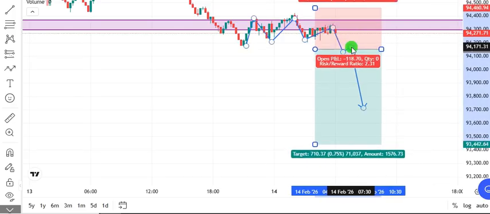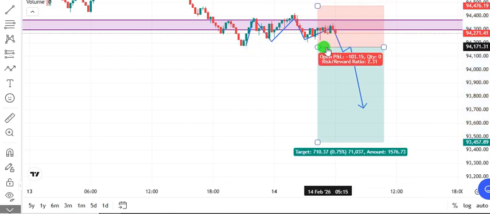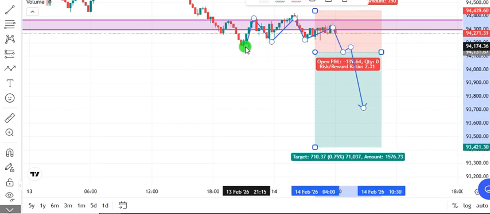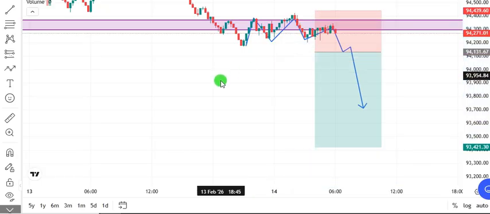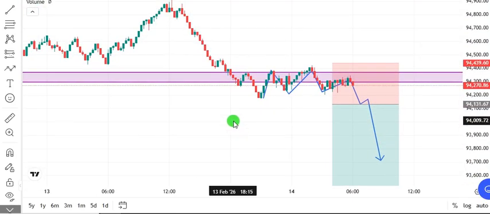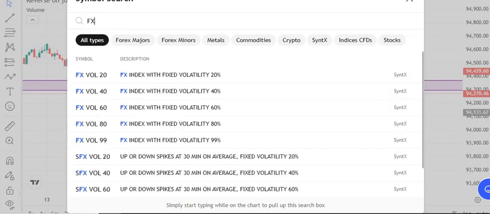Remember, not yet. We are still waiting for it to actually close below all this level. If possible, wait for it to close below this final stop right here, then we go short, and of course the stop loss is above this previous level right here. Okay, so that's that for Break 600. So let's go to the final one, which is FX Volume,